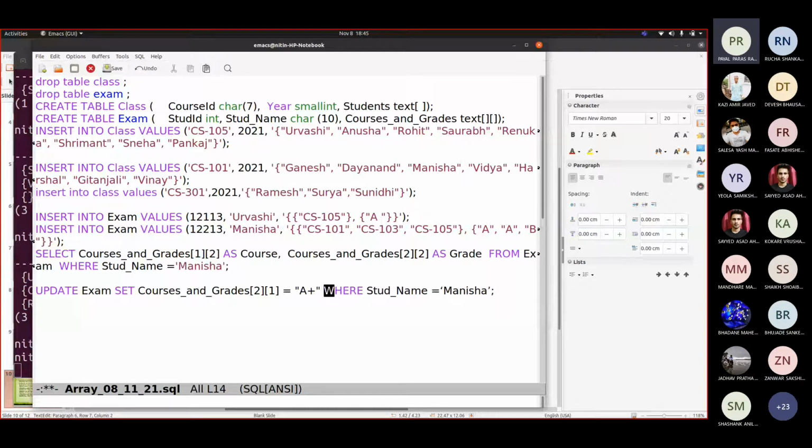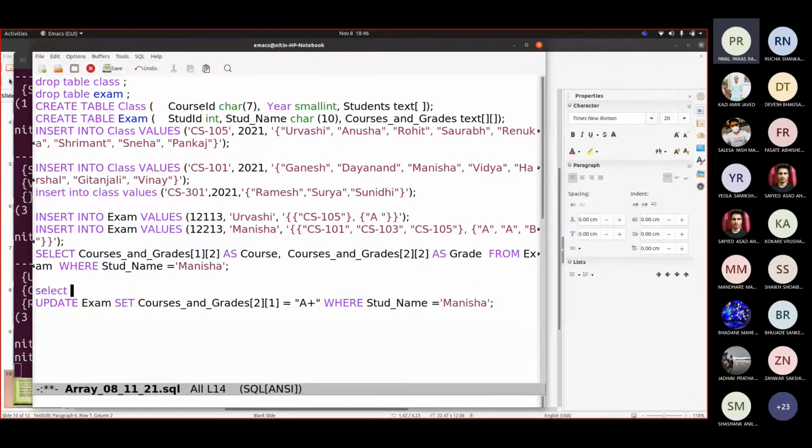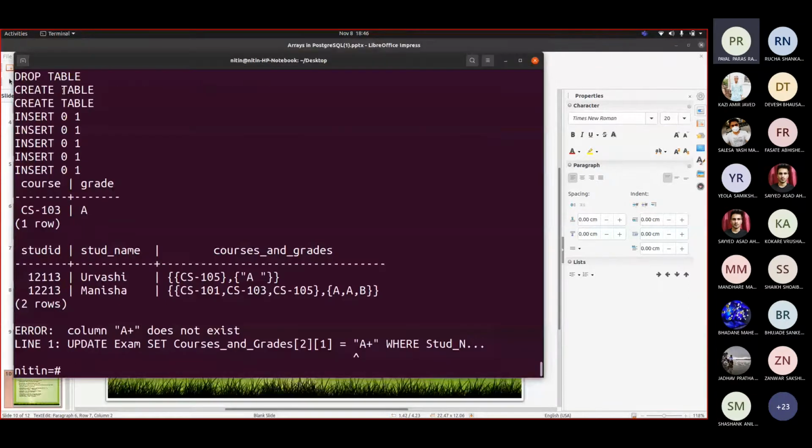There. Now I am adding that A plus grade. So before this, what we will do is we'll write select star from exam to show you the details of this record.